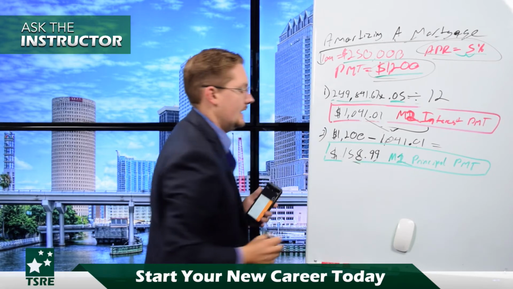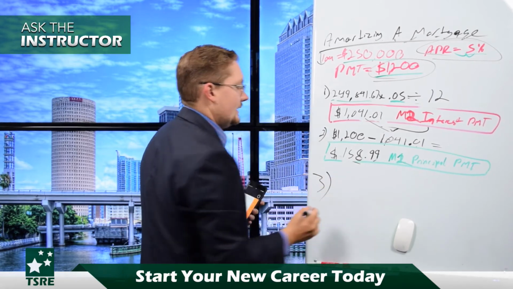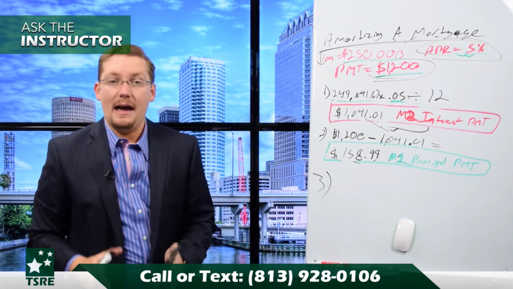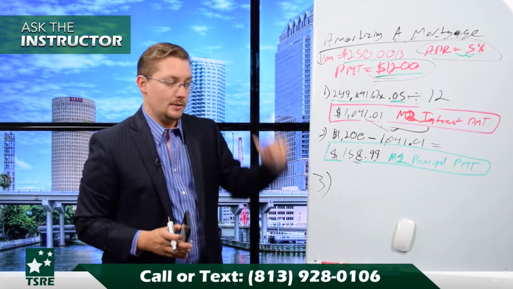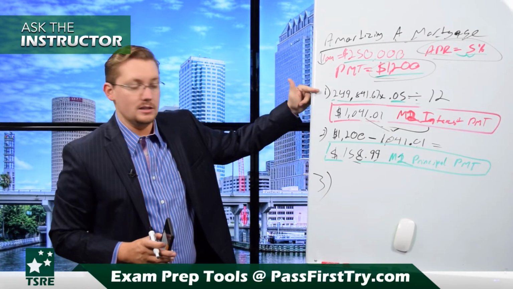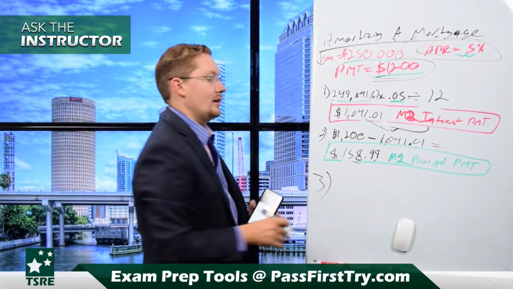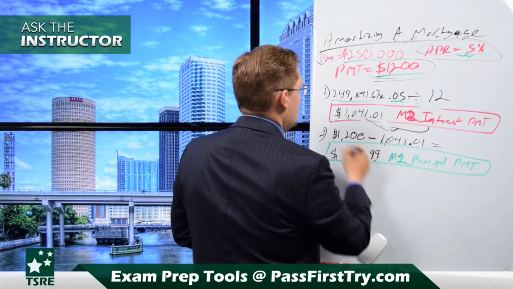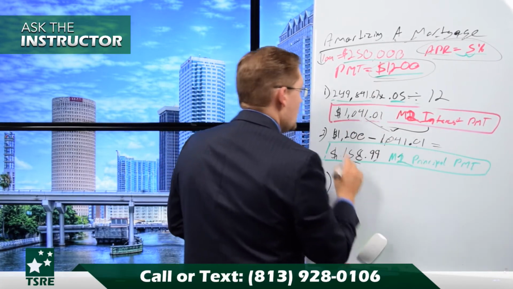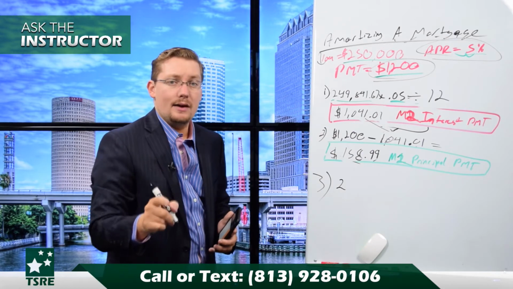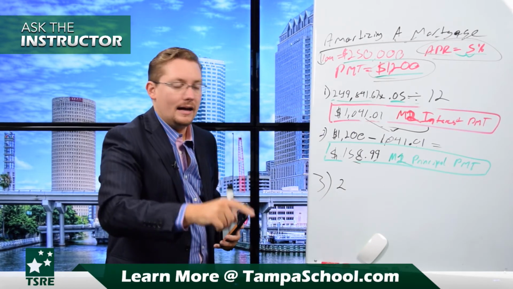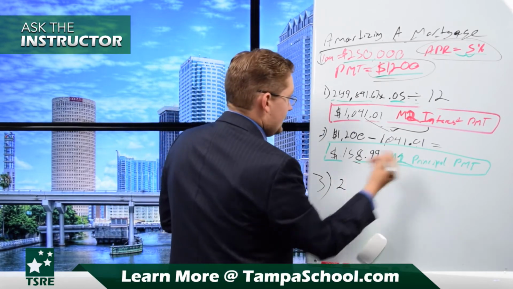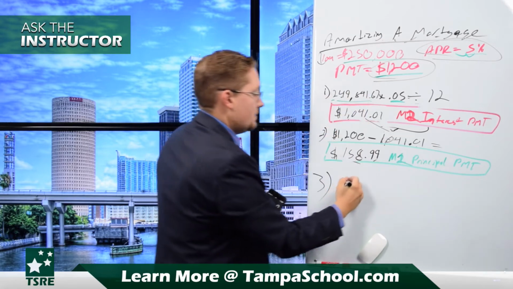And then step 3, again, this is calculating what our balance is. And now we're up to month number 3. We did month number 2. That was our new balance for month number 2. Now we're going to find our new balance for month number 3. And the way we do that, again, we take our balance, but we're not taking $250,000. That was our balance for month 1. We're now on to month number 3 that we're finding the balance for. So we're taking month 2 balance,